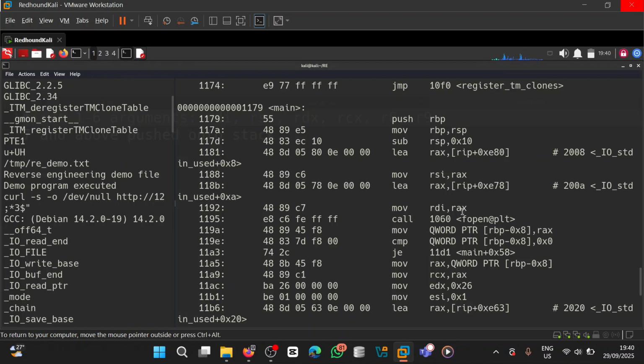So we have it here that the value of the RSI is gotten from array X, and the value of array X is gotten from this memory address, or this memory location, and we use the load effective address command to load the content of this address into RAX, which is now passed into RSI. Now that is the mode, and like I said, it could be the read or write or